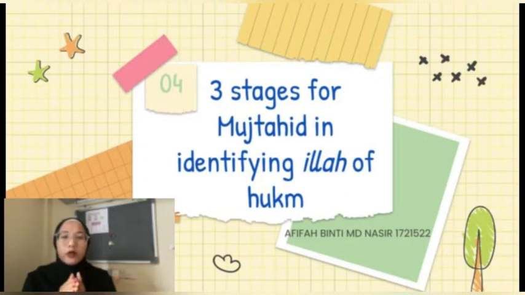Okay, in as-sabru wa TAQSIM, there are three stages that a mujtahid goes through who wants to do research in finding the illah for a particular ruling, which this law or rule can be used in performing qiyas. So the three stages are: first, takhrij al-manath, second, tankih al-manath, and third, tahqiq al-manath.